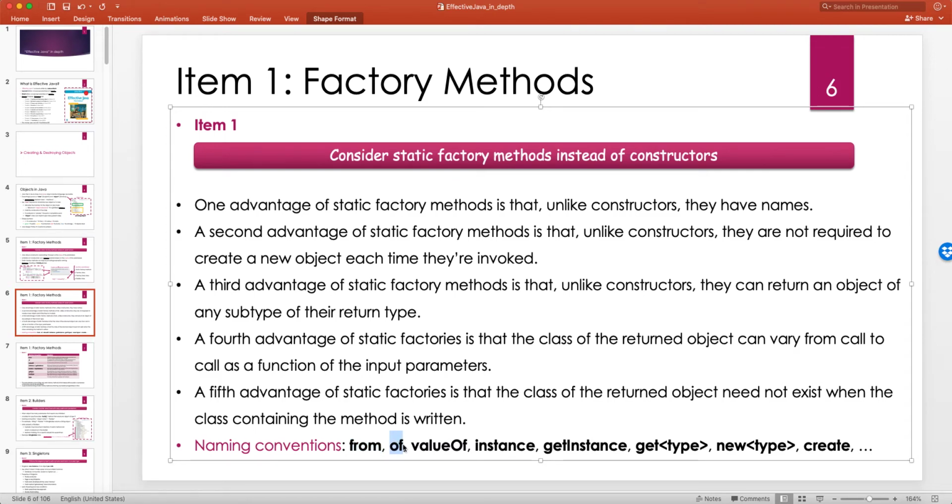We can say of, and the default is Cartesian, but then we can have ofPolar, and then we can even specify basically the units of the angle, ofPolarDegree, ofPolarRad, right? valueOf, if you just pass in 2 doubles, it can default to basically the Cartesian construction. A second advantage of static factory methods is that unlike constructors, they are not required to